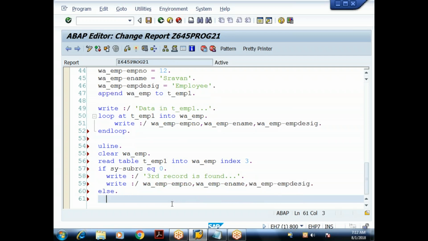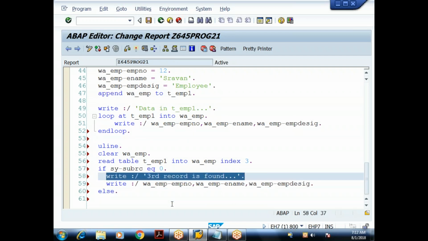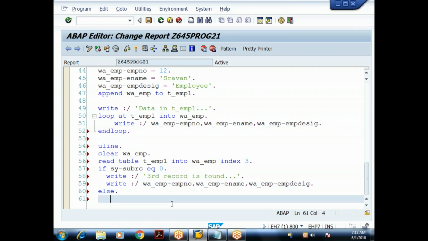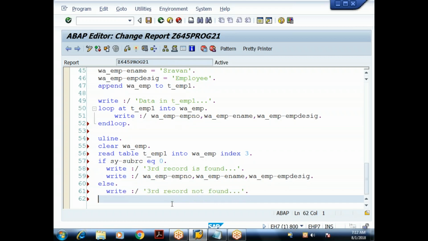Else means my read statement failed. So I'll just give a message, third record not found. End if. Okay, so let us execute this. In my internal table we have around 5 to 6 records. We are trying to read the third record. So when I execute,